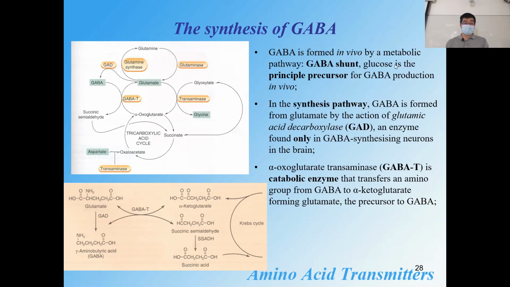So you can see that actually here glutamate, remove the carboxyl group, then it becomes the GABA. Okay, and GABA remove the amino group, then that will become the succinate semi-aldehyde. Now this can go to the succinate exit and then go back to the Krebs cycle. Okay, you should still remember those. So you can see that actually it's very similar to the glutamate synthesis.